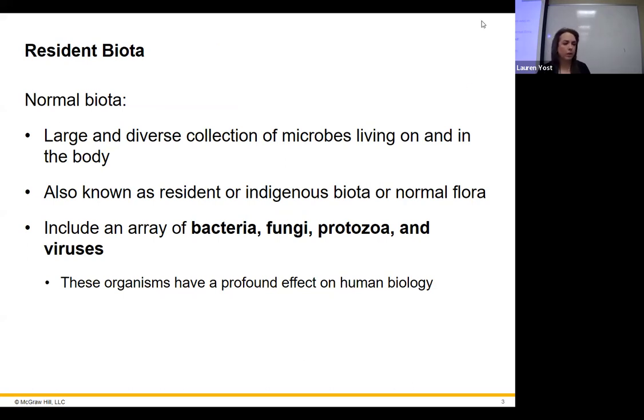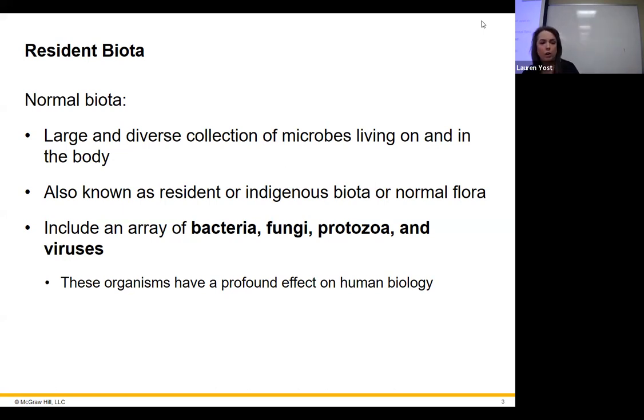In order to understand how microbes can affect our body and lead to disease, we have to understand our body. I'm not talking necessarily about physiology or even the immune system just yet, because we're going to get into those when we get to chapters 15 and 16. I'm talking about what the bad guys are up against as far as the other microbes acting as defenders or helpers for us in our bodies. So that's our biota, right?